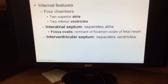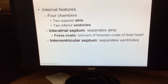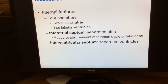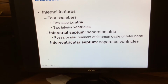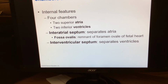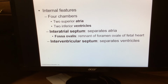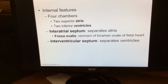So in between the right atria and the left atria is going to be the intraatrial septum. It doesn't mean anything more than it separates the two atria, and most models don't even show it, but it does exist. The interventricular septum is something that most people have probably heard of, and it's going to separate the two ventricles. In the case of the intraatrial septum, it is the remnant of a leftover of the foramen ovale